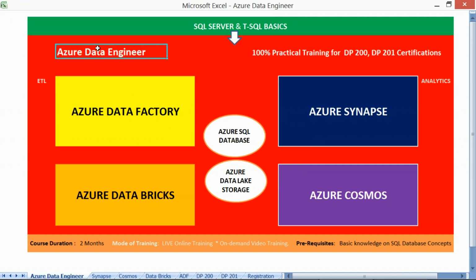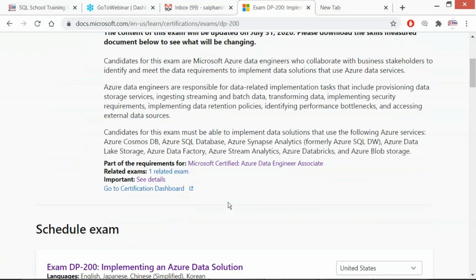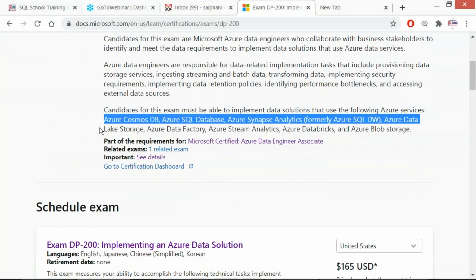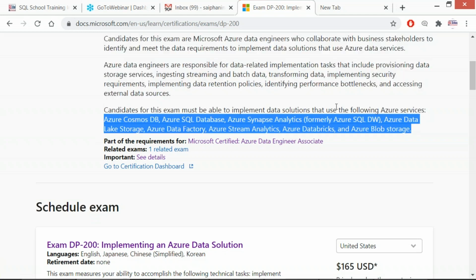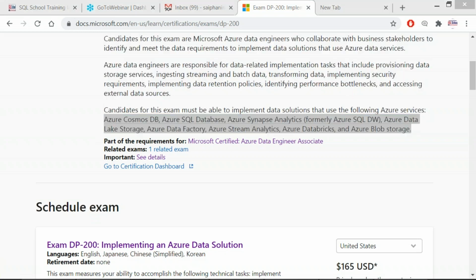The actual Azure Data Engineer program as outlined by Microsoft in the certification patterns. Either you go for DP200 on my screen, it includes a set of technologies for the certification program for Azure DP200,